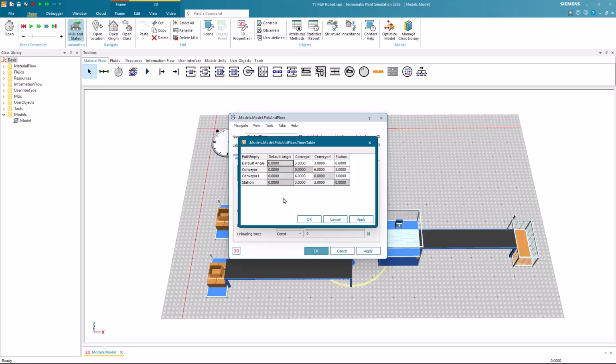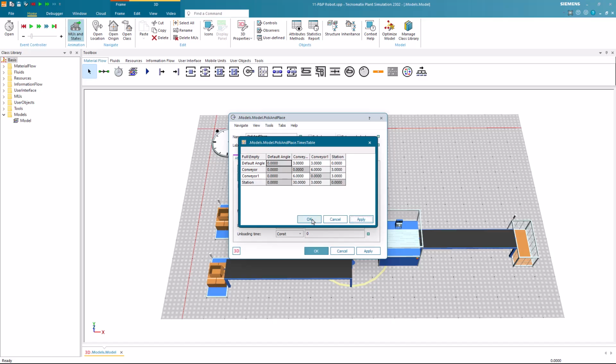Let's assume now a production line where the robot lifts car bodies. When the car body is loaded, the robot will not need the same time as if it were rotating empty. We can illustrate this behavior by editing the times table. All values below the diagonal give us the times needed by the robot in loaded state. This cell shows us the time the robot needs from the first conveyor to the station in loaded state. We will enter here 30 seconds.